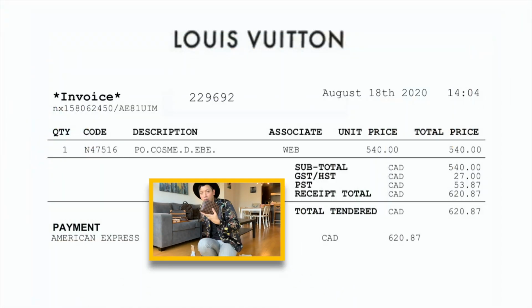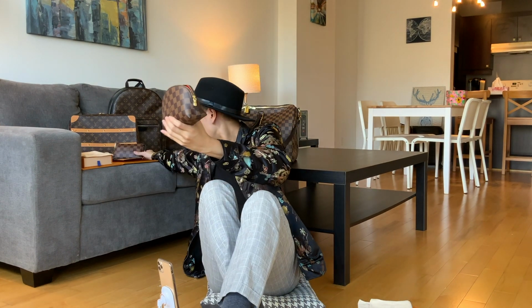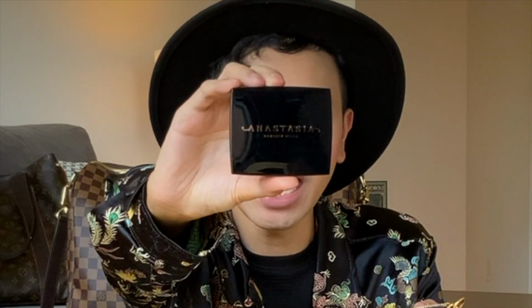And actually that's the main reason why I bought this, because I wanted to put my makeup inside. Because right now I put my makeup inside my mini pochette accessoire. Oh my god, I'm so in love with it, I swear. Okay, let's transfer everything from mini pochette accessoire to the cosmetic pouch. This is compact from Anastasia, Beverly Hills. Okay, this is a MAC